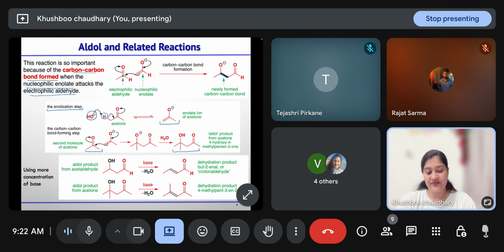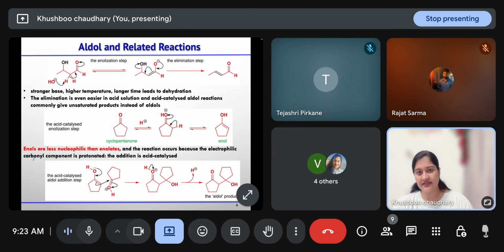Now, as we saw in the last slide, only catalytic amount of base is sufficient for this reaction to take place. What if we are using excess amount of base in the reaction? If we are using excess amount of base, then through E1cB mechanism, you will get your dehydration product. So this is the aldol product in case of aldehyde and ketones. And if you are treating it with excess base, then after the loss of water, you will get this dehydrated product, or we can say alpha beta unsaturated ketones or aldehydes as the product.